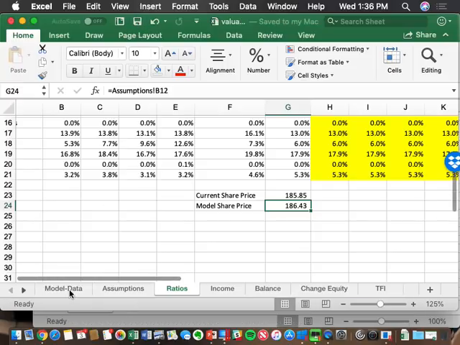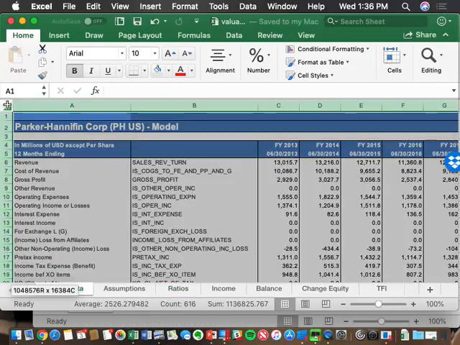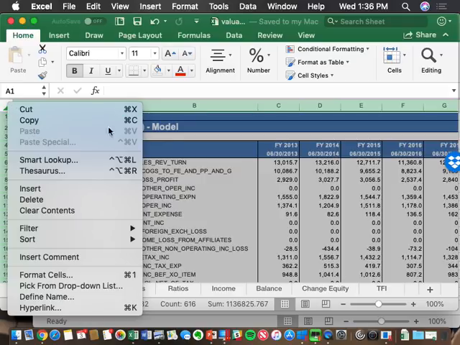Go to the Model Data tab, select it, right-click. I didn't copy it, but copy it, paste special values. That'll overwrite. Don't paste, because it will then look at a reference to the other spreadsheet. Paste special values, overwrite this whole tab with the Boeing data. But you're not done yet, because then,